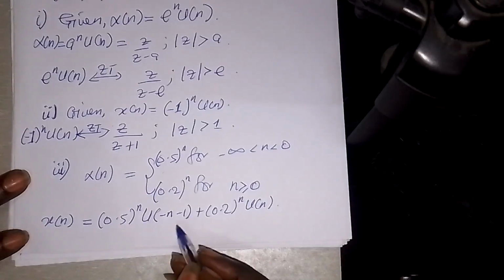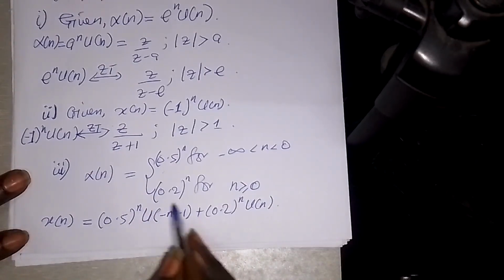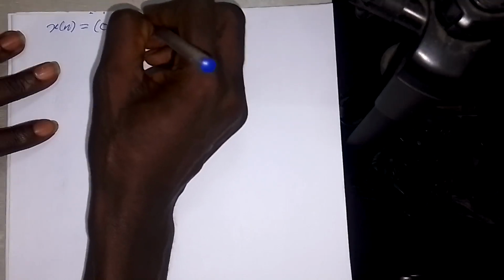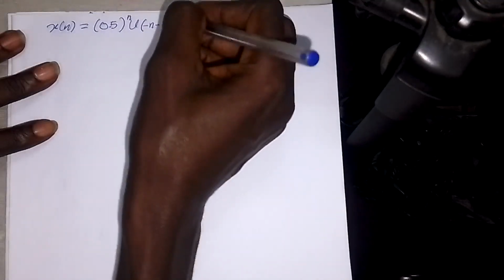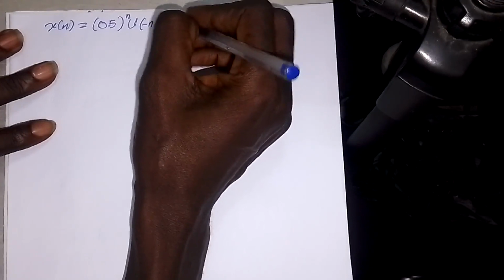Now the solution has got to do with this place. This is where I think you may find some little problem, so we will just look at it. Where we are right now is that x of n is equal to 0.5 to the n, u of minus n minus 1, plus